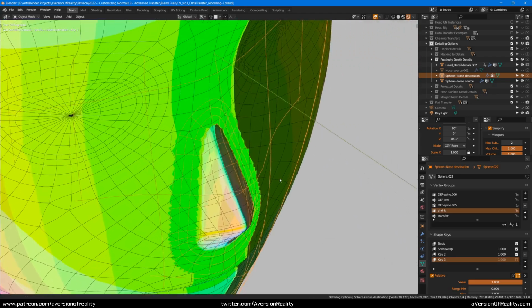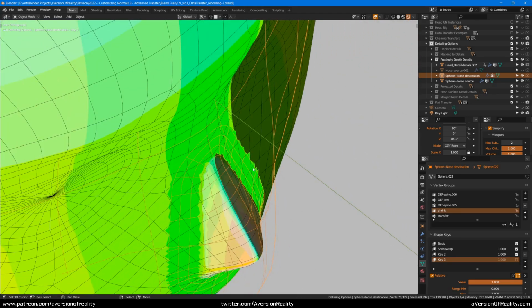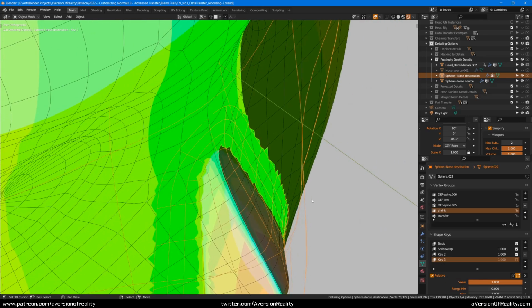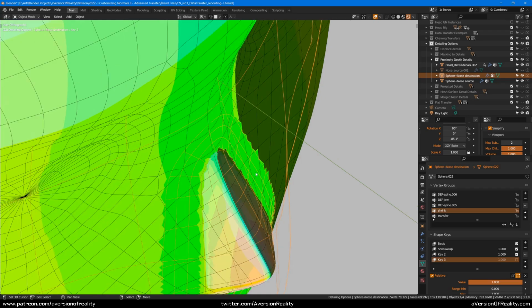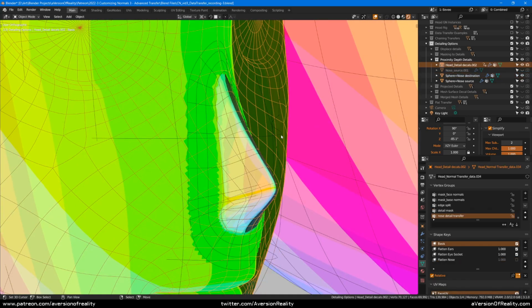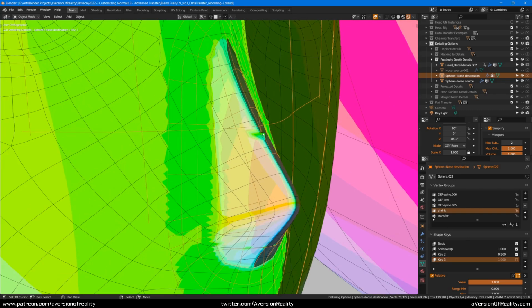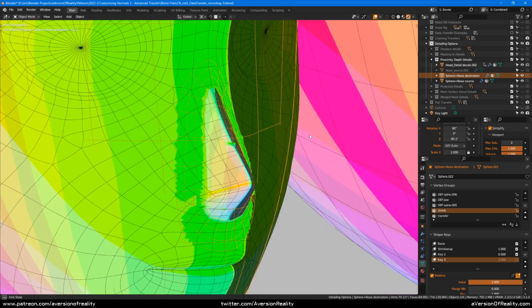It's going to be nearest face interpolated or projected face interpolated, so we just have no method to tell it to have this face go to the sphere instead of the nose. In fact, I've pulled the sphere out here in order to not have weird distance issues. Like if I set this to be only half as much, we can see that now on the bridge of the nose, it's picking up the sphere as the nearest thing and interrupting the nose normals.